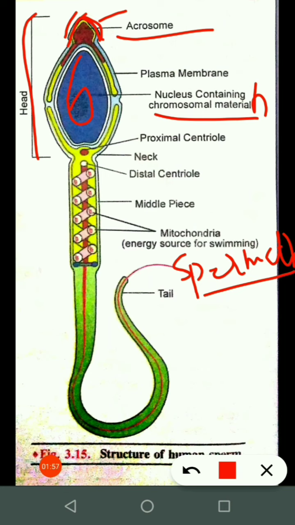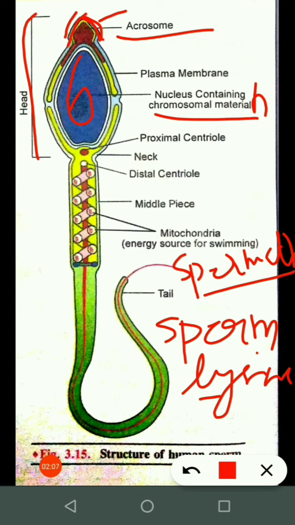The first enzyme is proteolytic and lytic. It is called sperm lysine, and the example of this sperm lysine is hyaluronidase. You must have heard about it. It is a very important enzyme, hyaluronidase. And what is the role of this hyaluronidase? It helps in breaking down the cementing substance which is present in the corona of the female ovum. When I tell you about the ovum structure, then I will explain it very well.